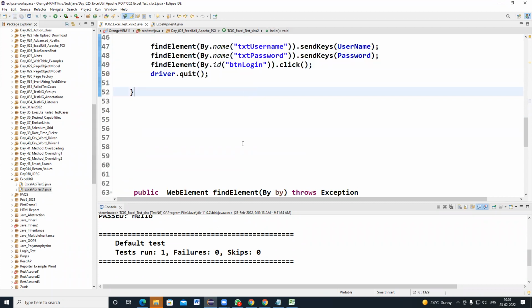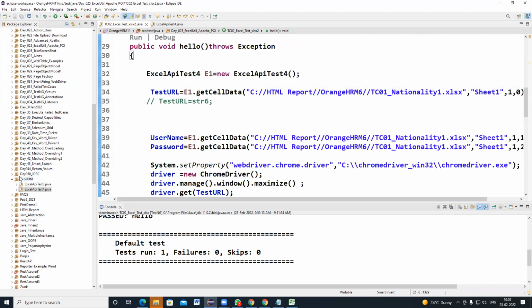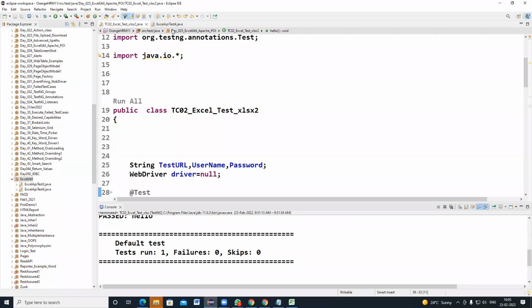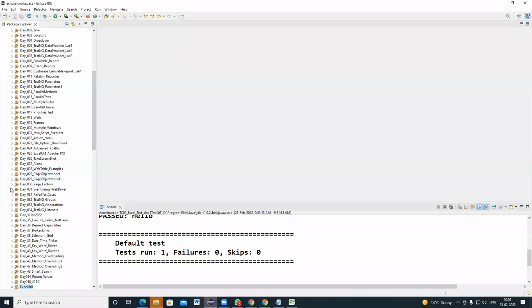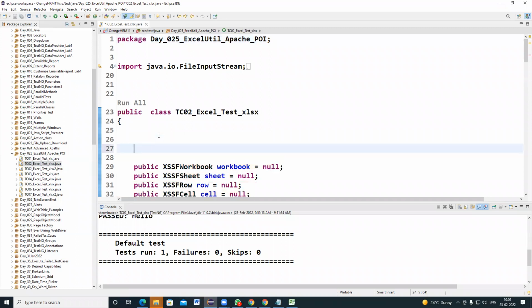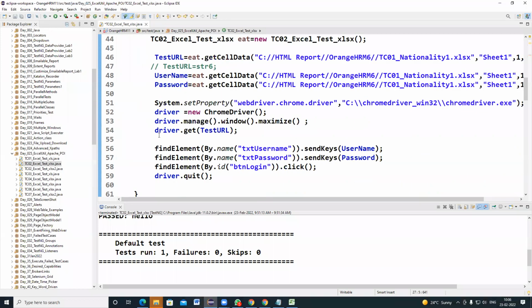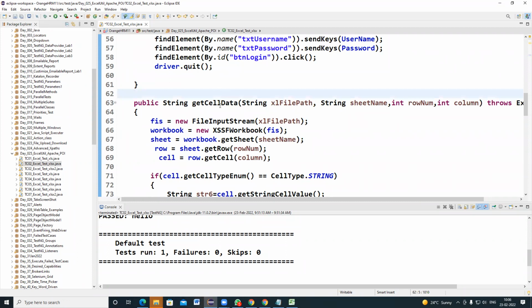So the Excel util class file package is already developed in every project, and you have to know the exact method name. Here my method name is get cell data. Clear to everyone? Right. So there is no need to write the scratch code from the beginning in every program. You do not need to import all the supporting class files and everything. This is the implementation part that I wanted to show you, which is why I implemented it in the current class and showed it like this.